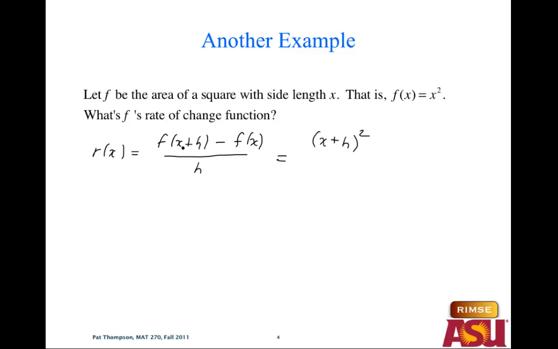So what's our independent value? x plus h. So the function tells us take that and square it. Now this would be faster to do by hand than with the calculator, because we know this is pretty basic. So x plus h squared is